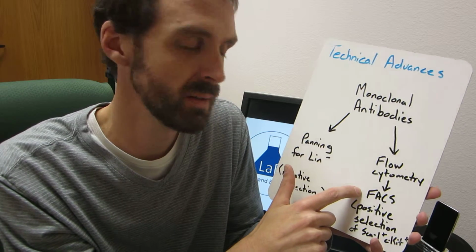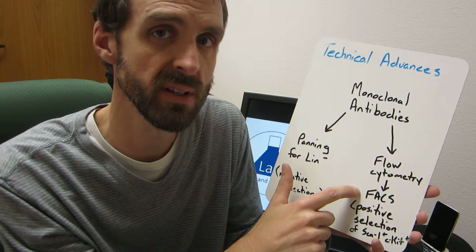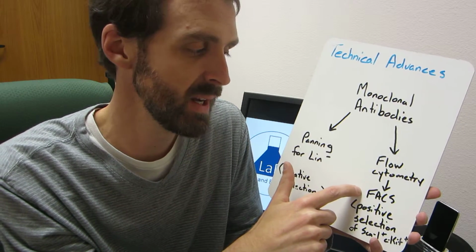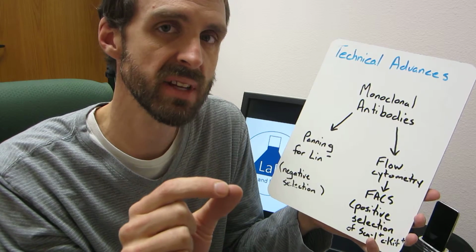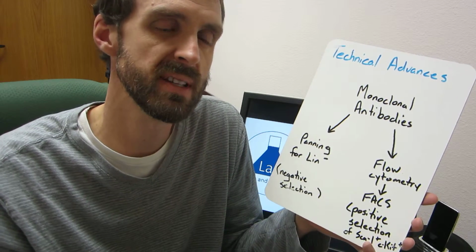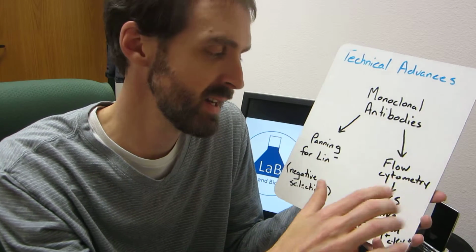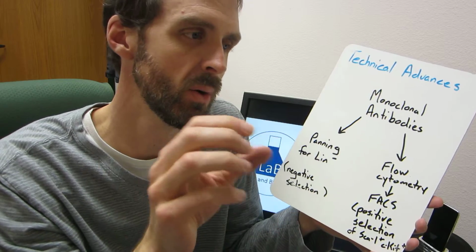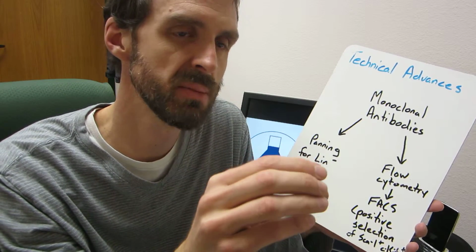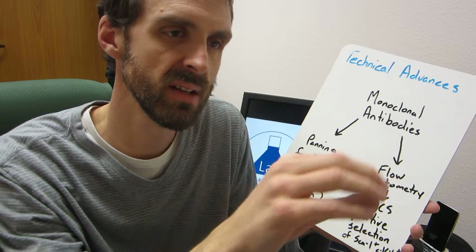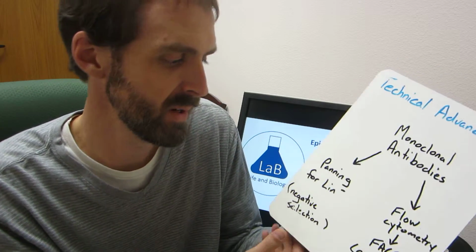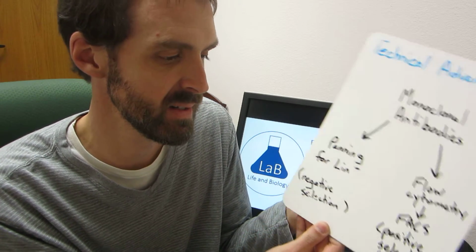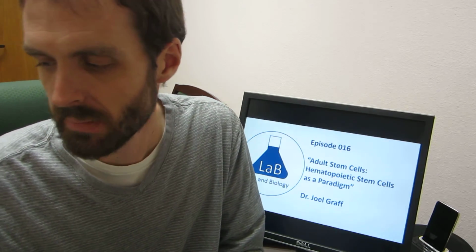And then an extra step of flow cytometry is fluorescence activated cell sorting, where the machine can actually take the cells that have those characteristics that you want and put them in a separate tube from the rest of the cells. This is called positive selection because the machine is using some sort of mechanism to grab those cells and divert them into a different test tube. So FACS is not facsimile, it's fluorescence activated cell sorting. So from these experiments,